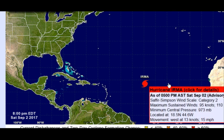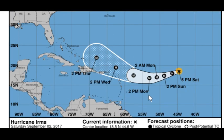And here's the forecast track. So we're seeing a west-southwestward drift on there, and it should be grazing Puerto Rico in a few days around Wednesday. And then we're looking at the storm arriving out in the Florida, South Carolina area. To give you some idea of what we're looking at,